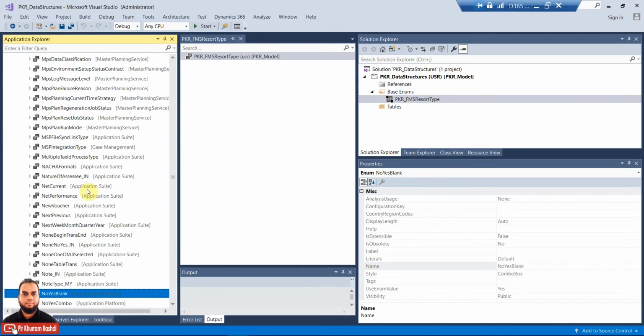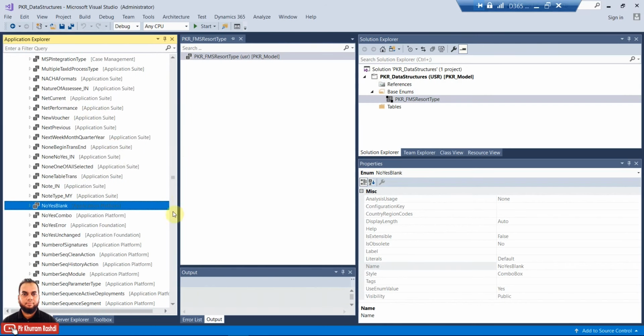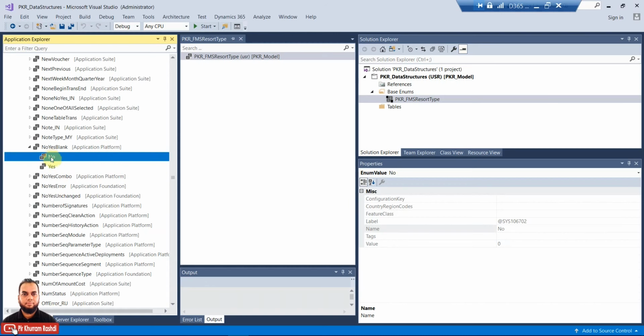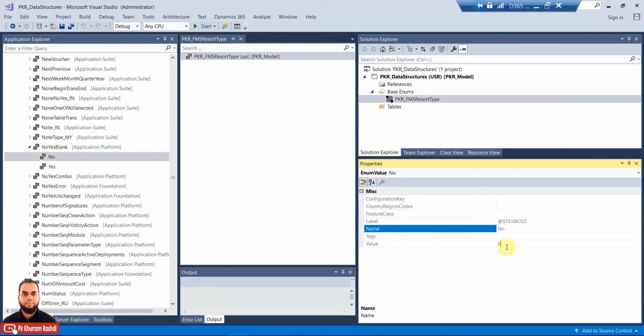no and yes. Now you can see there are multiple base enums with the same values like no, yes. Once you click no, it is having a value of 0, and there is a certain label code shown here which is representing a no. The name is used in the code for comparison with the double resolution operator, and this is an integer value.